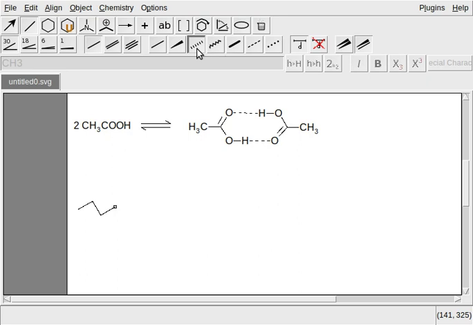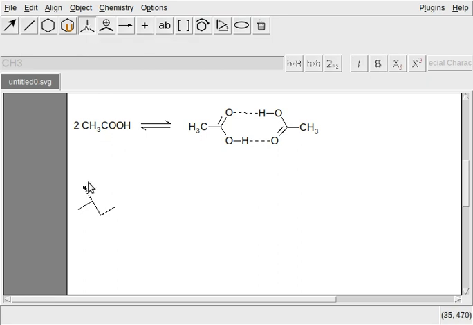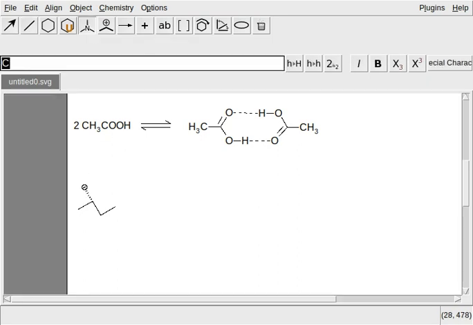This spelling is wrong, cannot be helped, but now we draw this hash or dash line and make it iodo here. So here at the end we write the iodine atom I.